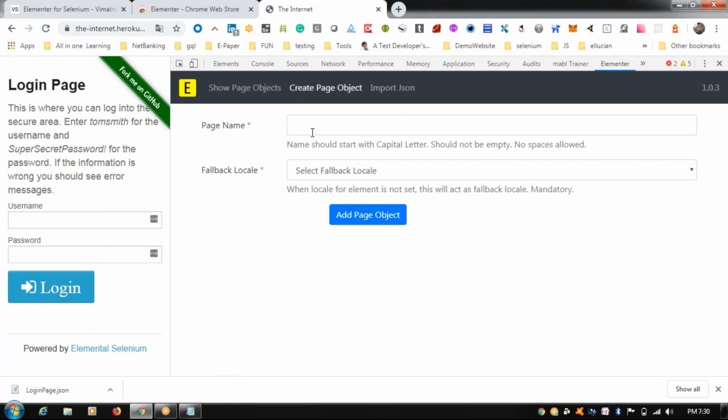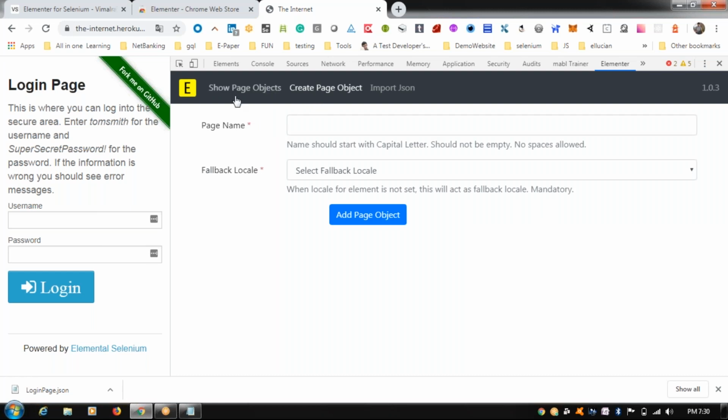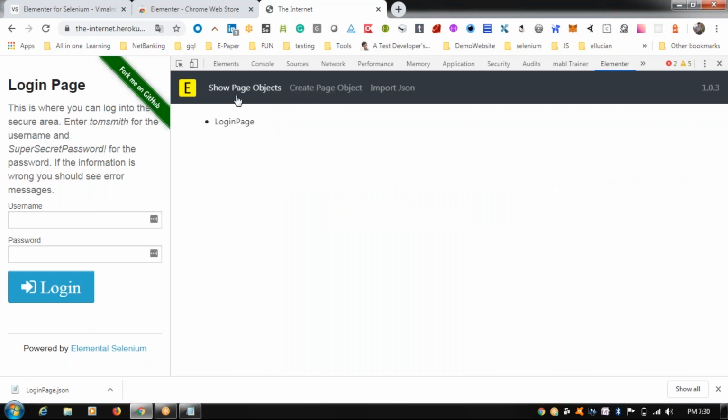You can go ahead and create multiple pages, multiple locators. And there is one more option, you can also import it, because there is a project, Simple Sane project. Because of this it was created, but this was not created only for that purpose; you can also use it irrespective of frameworks and all. So finally, what I would like to say about this tool is, you can inspect the locators with different locator strategies. You can save the locators with meaningful names, and you can choose the desired locator strategy. You can export them as JSON. And this is all about Elementor.